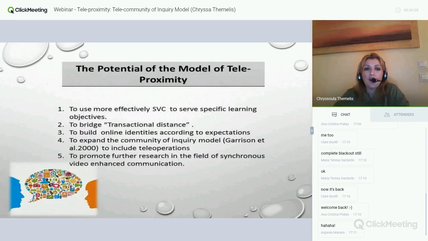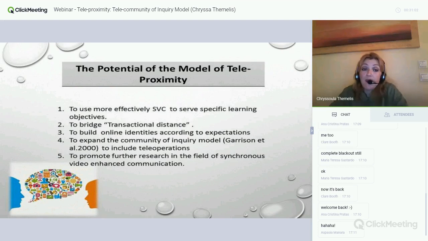So what is the potential of the model of teleproximity? Personally, it has changed the way I design e-learning courses. I take into account many other factors. It has helped, according to what the informants have said, to somehow bridge transactional distance and minimize dropout rates, to build online identities according to expectation.